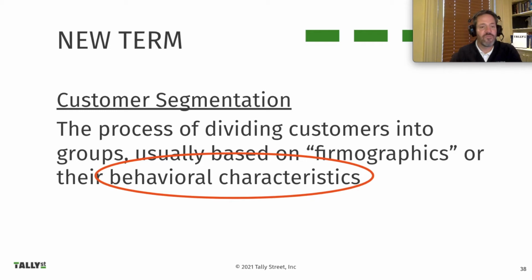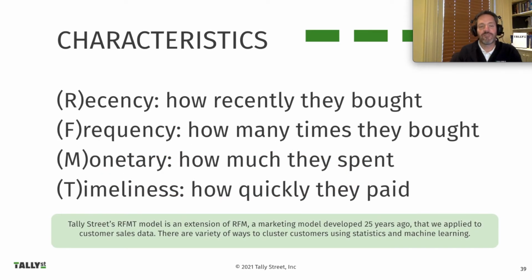And that's what we'll focus on in this section, grouping customers by their patterns of buying, repeated buying, lifetime value, etc. So the four characteristics that we use to behaviorally segment customers this way are recency, frequency, monetary, and